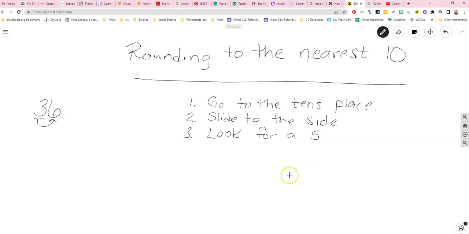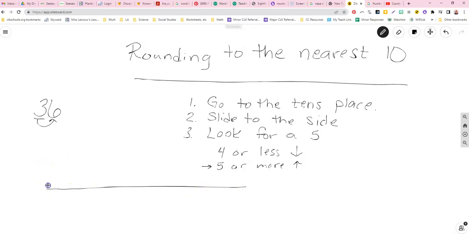Okay, so what that tells me is that if I don't see a 5, 4 or less, we're going to round down to avoid the mess. That's what our song tells us. 5 or more, we round up for sure. Okay, so 6 is bigger than 5. So I'm going to be following the 5 or more round up for sure. So that tells me that I am going to need to round up to the next closest group of 10. So if I look at a number line,